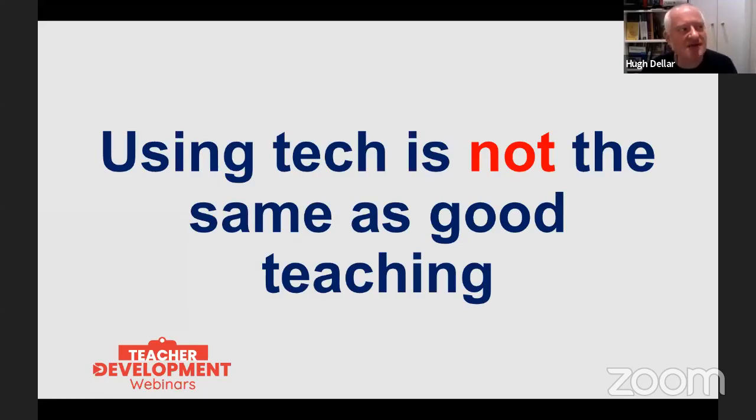And there's this kind of idea that the more technological you are with your teaching, somehow the better teacher you must be. But as you don't need me to tell you, good teaching has always been going on with or without technology. Yeah?